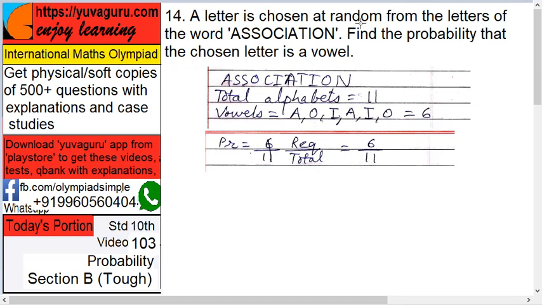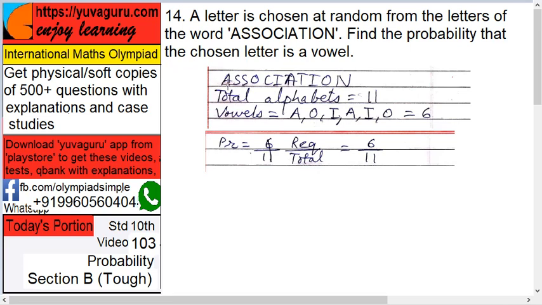A letter is chosen at random from the letters of the word "association". Find the probability that the chosen letter is a vowel. An important part in this is, even though S is repeated and I is repeated, you need not count them once, because